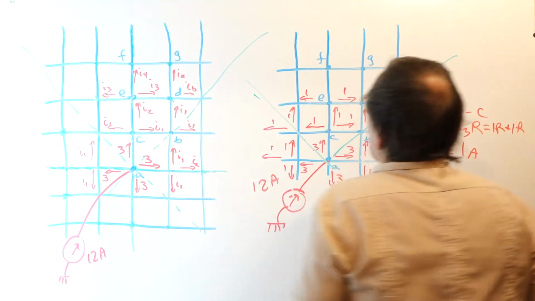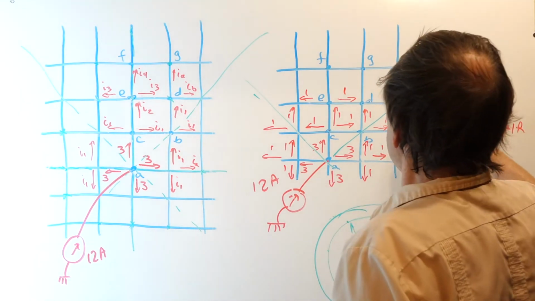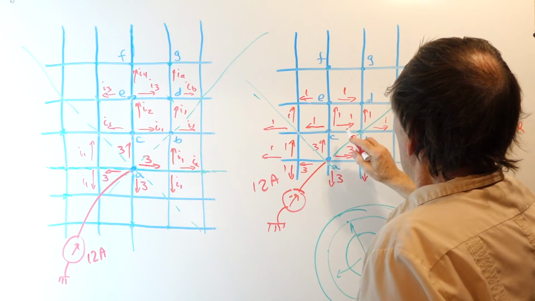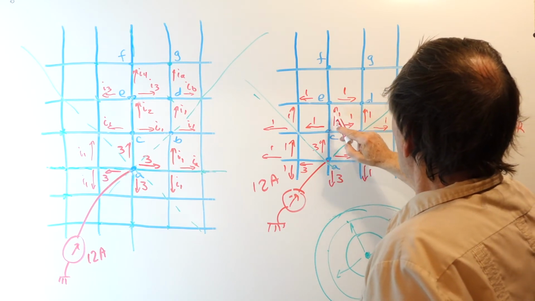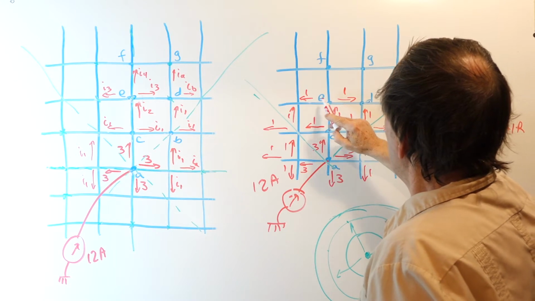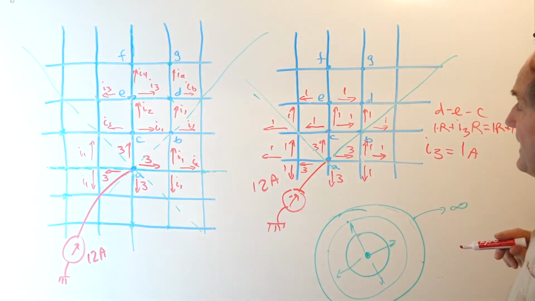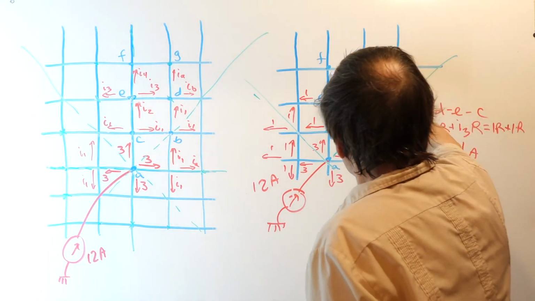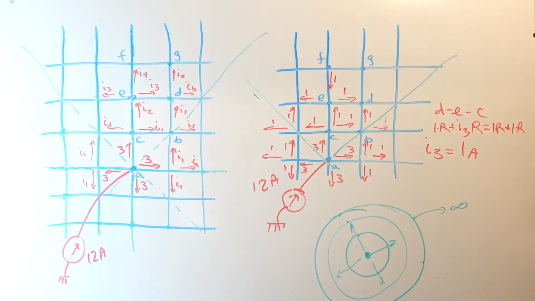Now, let's look at what happens here. We have, at this point, 1 amp going in and 2 amps leaving,